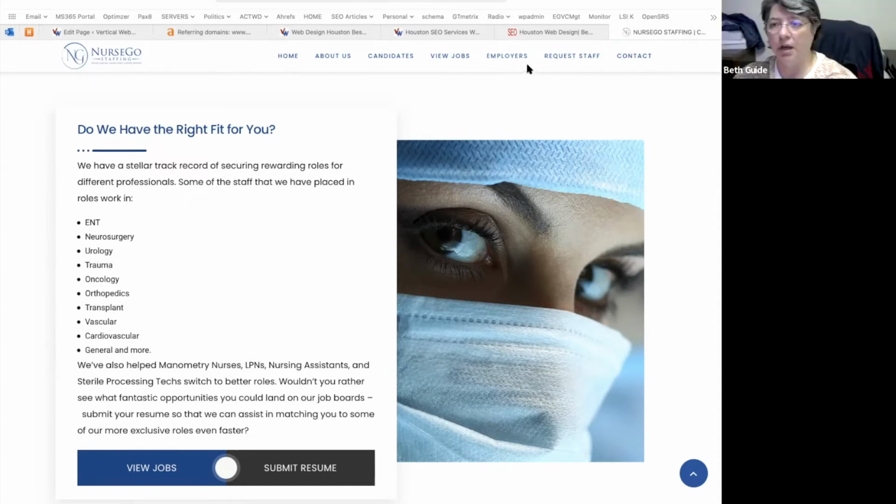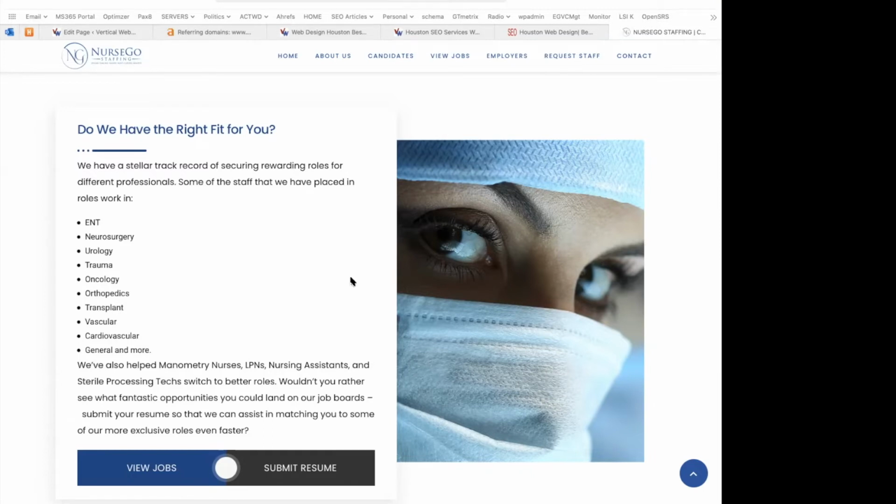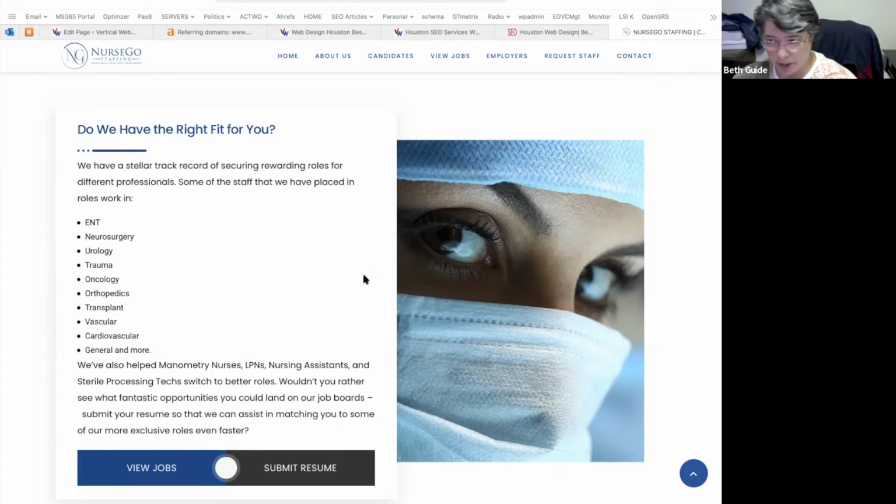Okay. So the reason I asked that question is this. Facebook for body butter is great. Facebook for some other professions that we have on staff, nursing, that needs to be done more in a